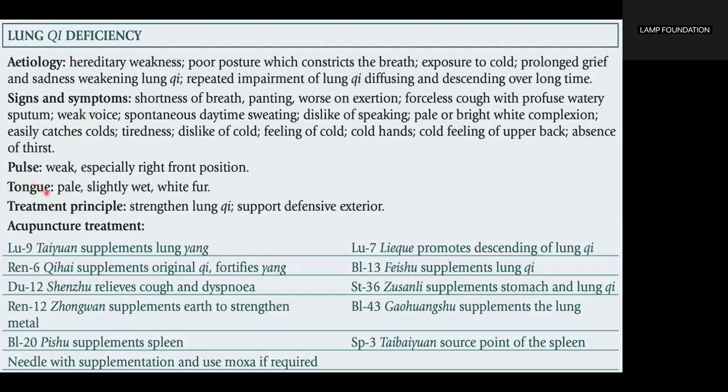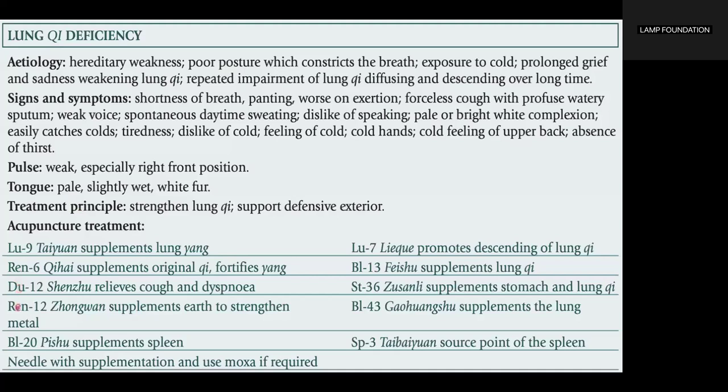Tongue is pale, slightly wet, white coating. Treatment principles: strengthen the lung qi, support defensive exterior. Acupuncture treatment: Lung 9 to supplement lung yang, Ren 6 to supplement original qi, fortify yang, Du 12 to relieve